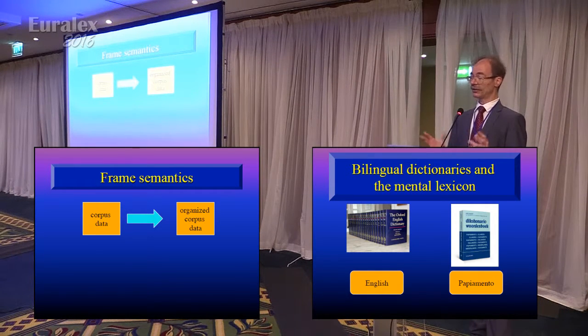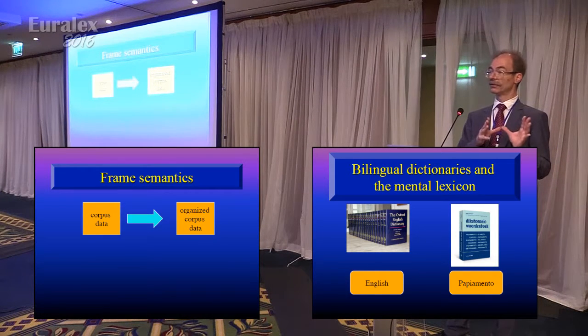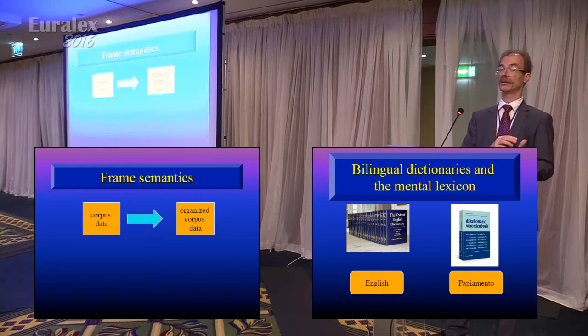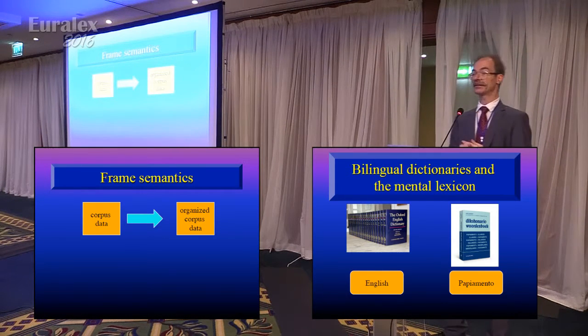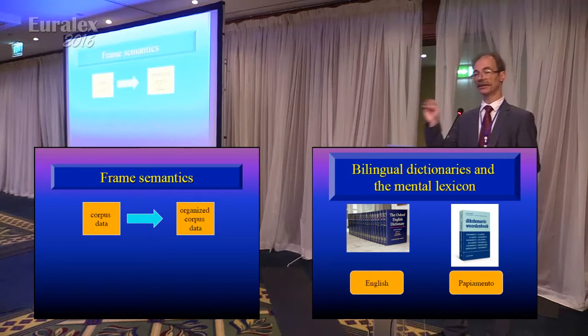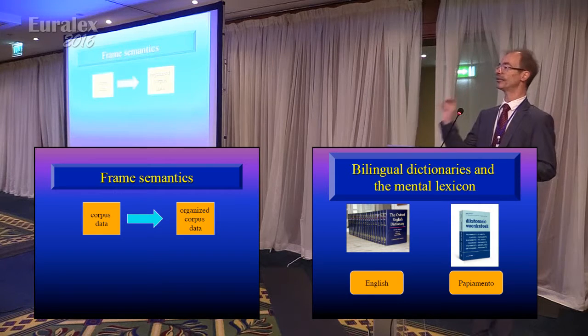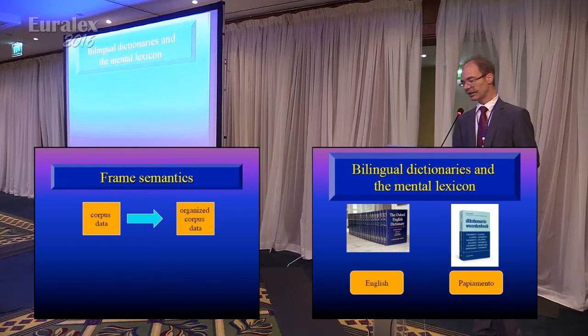So in the case of use-based theories of semantics, we have this idea that we can use a corpus for the source language, a corpus for the target language. We can use frame semantics, and we generate hypotheses about what to look up in the target language corpus in whatever way we want. This is very compilation-oriented.